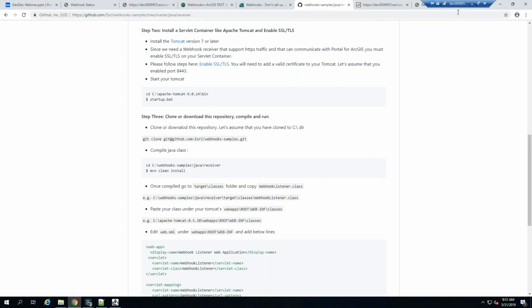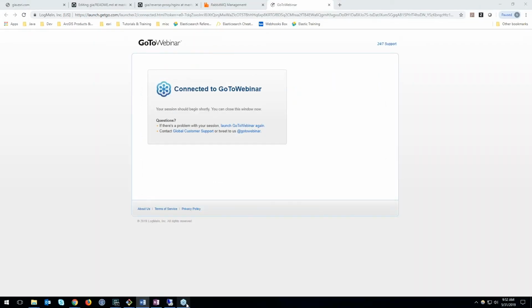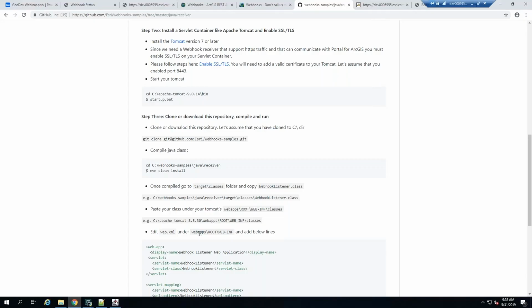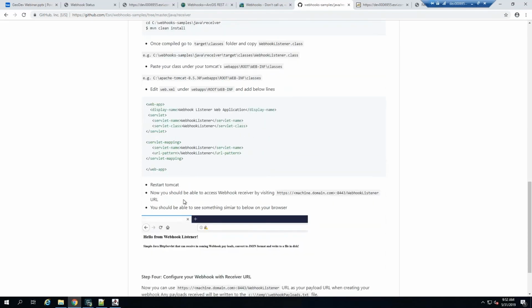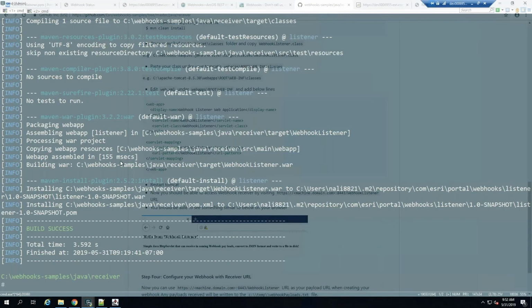Okay. As for the class file you're using, is that using some default file or are you creating that separately? The class file is created when you compile. So once I cloned the repository, I issued this command, maven clean install, which will compile and create that class file out of the source file. So you just have to install Java and then the build tool like Maven, and then clone the repository and